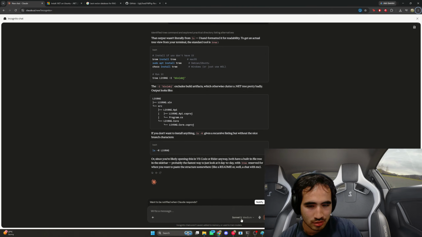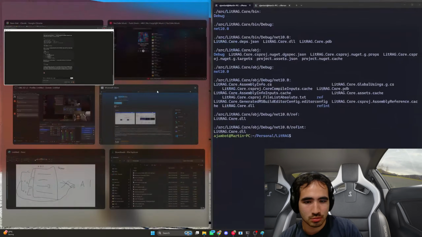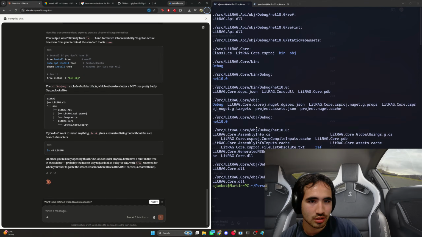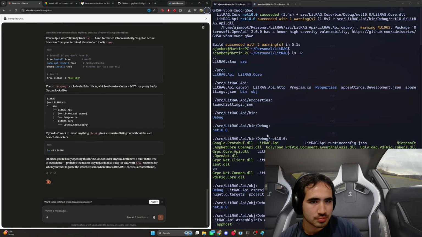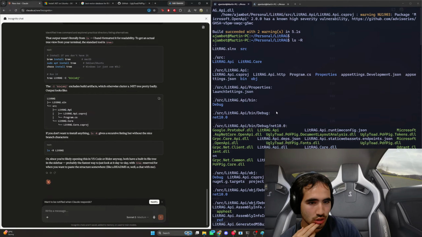So, let me pull this to the side. We have the SLN, which is SLNX in this case, then source. Then in source there's API and core. Then in API there's the CS project. And then we have some HTTP, program.cs, properties.